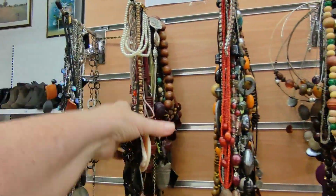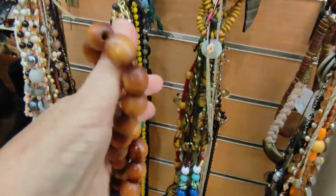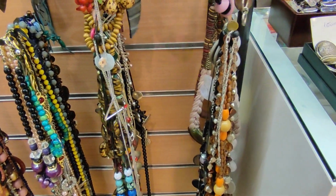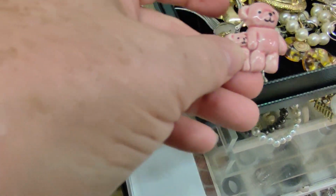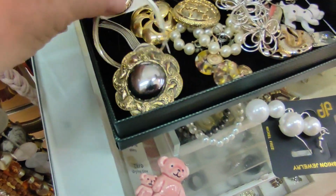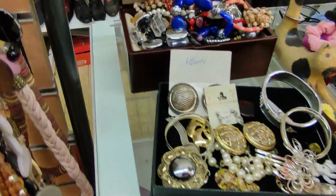Here we are to my favourite bit, all the costume jewellery. Always have a good look through there. It's usually about €1 an item. Same with the belts. Sometimes I might do half price. I did pick that up, it's quite sweet. And I've just noticed that little dog there on the right. I'm not sure what that is, but maybe I should have picked that up. Not sure what I would have done with it, but...